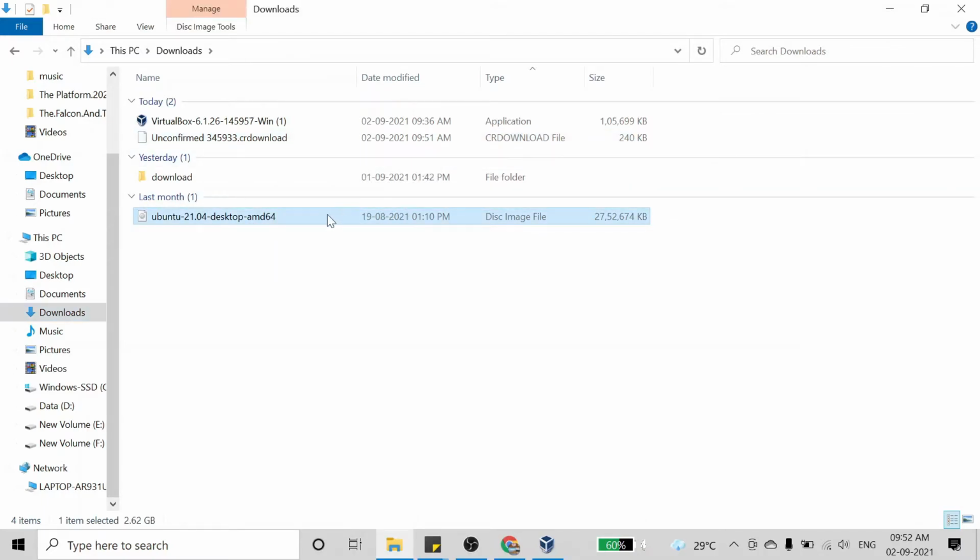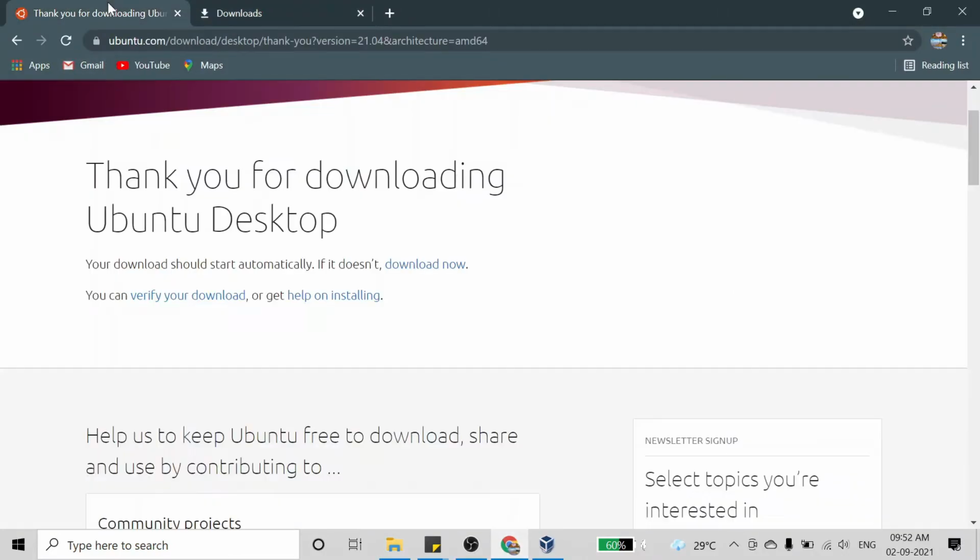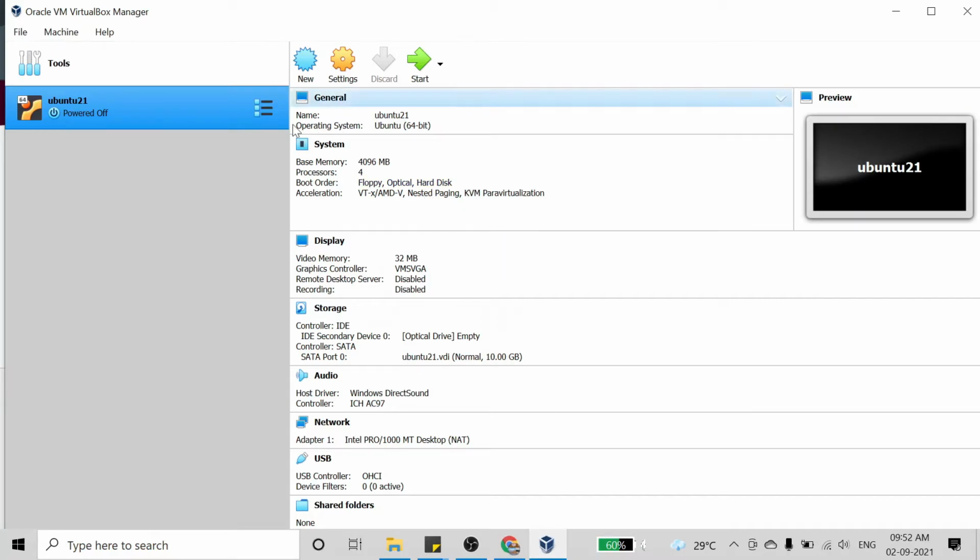this ISO file will be downloaded, that is, the disk image file will be downloaded. You will see the size in KB here, and it is of the same version, that is Ubuntu 21.4. So what we have to do with this is we just have to download it from the Chrome browser, and after that we have to go to the VirtualBox and click on this, Ubuntu 21, and